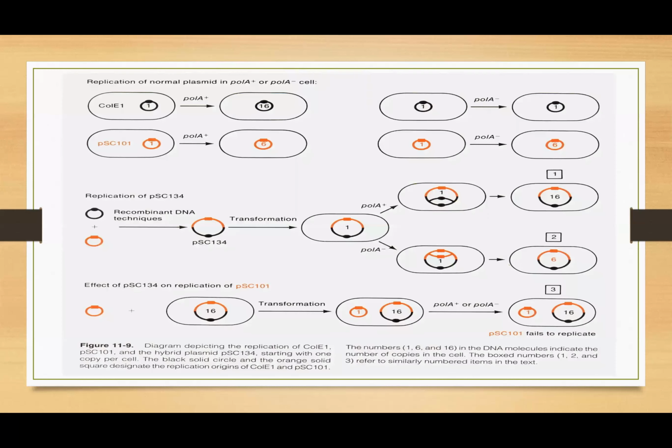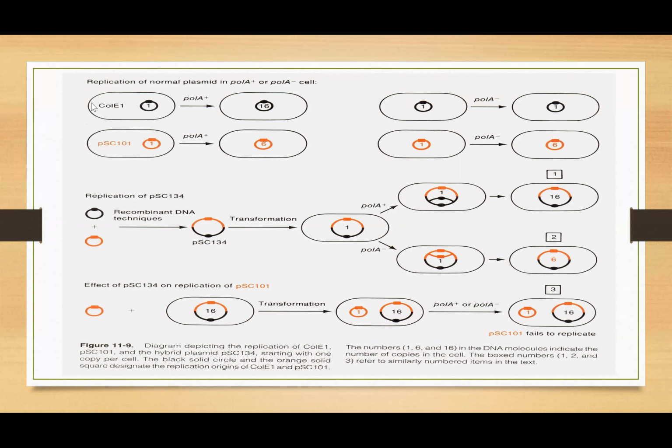Now let us look at some specific experimentation. So please follow this experiment with me very carefully. We have a plasmid we call Col E1, and we have another plasmid, that is pSE101. This is a recombinant plasmid, and this is the natural plasmid occurring in bacterial cells. Okay. Now,